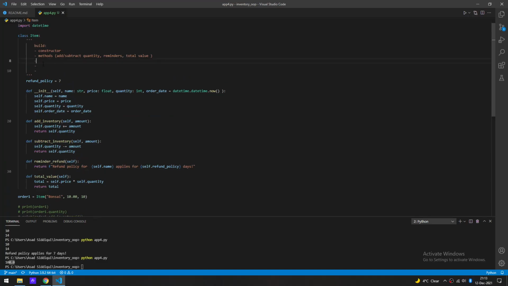So now, coming back from creating a constructor as well as a class level attribute, and as well as methods that could be used by instances, now that we have the basic way for an object to be created,